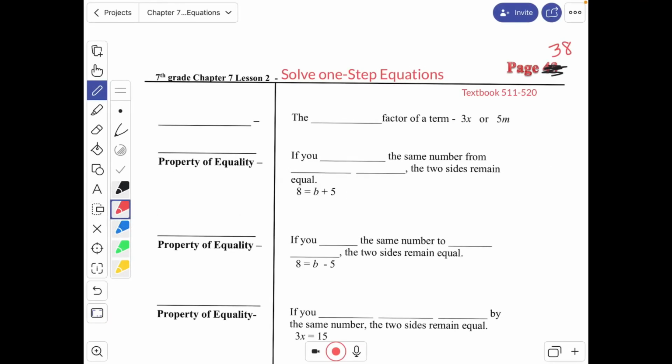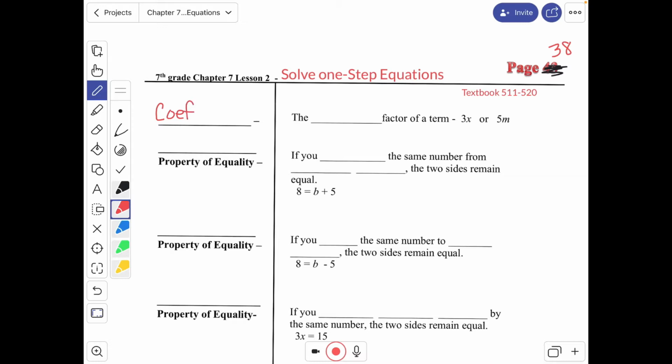Today we're covering 7th grade, Chapter 7, Lesson 2, Solve One-Step Equations. And if you have a textbook, this is page 511 to 520. We have several vocabulary words to look over today, starting with